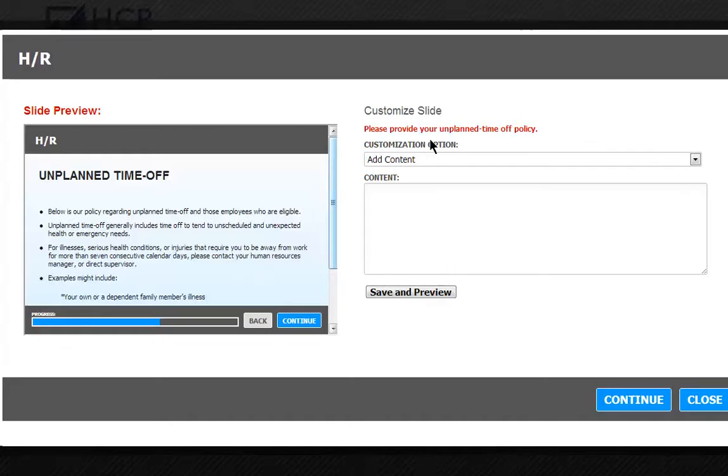In this case, it says, please provide your unplanned time off policy. So from here, you can go ahead and type, this is our unplanned time off policy. More information, please contact Susie for questions. So you can see, you can type in whatever you'd like here, save that information, and then over